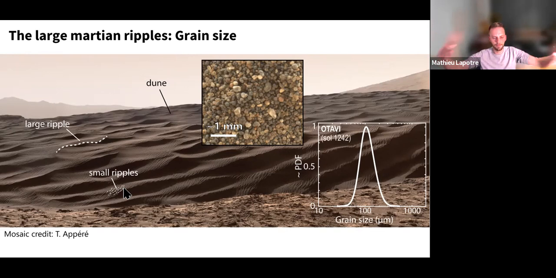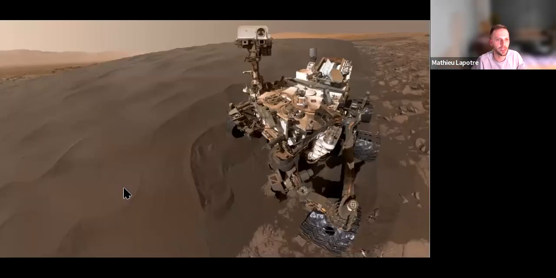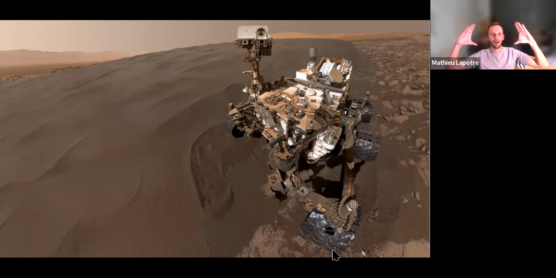Now, because this is not an orthorectified picture, there's no scale, but perhaps here it is a little better because there's a rover for scale. So the rover is the size of a small SUV. The wheel is about maybe this big across. You can see there are small ripples and their wavelength is about 10 centimeters, maybe 8 centimeters, very, very similar to what we see on Earth. So somehow gravity does not change the initial wavelength of those impact ripples that much.